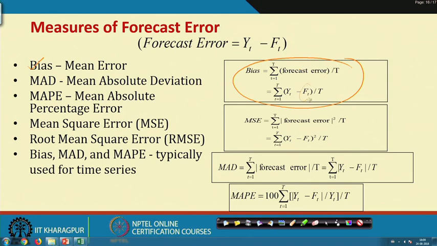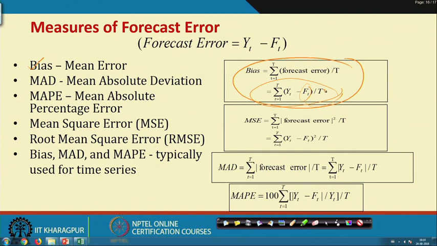Of course, the predicted value is derived from a particular process, maybe a simple average, or maybe a moving average, say 3 years moving or 5 years moving. Our idea is to have the predicted structure and the actual structure, then the difference gives the component called the forecast error. Now, dividing by the time, we will have the mean, and that mean error should be used as a criterion to choose the best one, right.